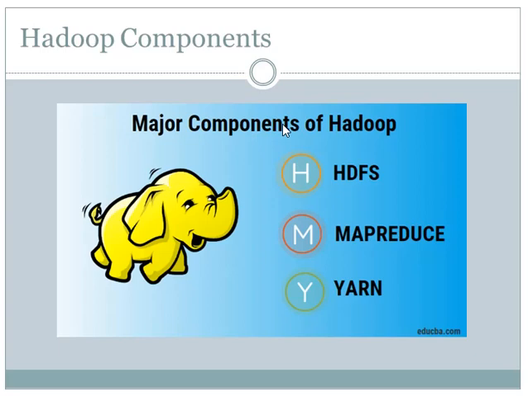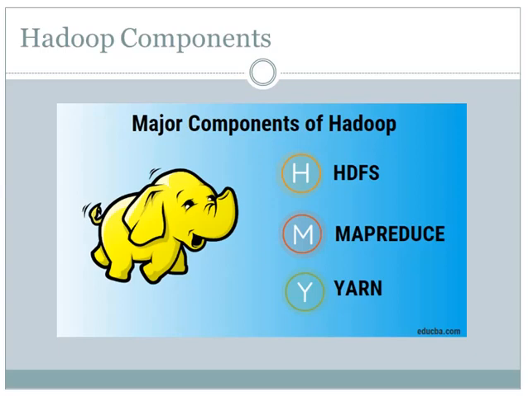HDFS stores the data as blocks. The default block size is 128 MB in Hadoop version 2, and for version 1 it was 64 MB. HDFS replicates the blocks of the data available. If the data is stored in one machine and the device fails, the data would be lost, so to avoid this, data is replicated across different devices. The replication factor by default is 3. We can change it in hdfs-site.xml to replicate the blocks on different machines for high availability.